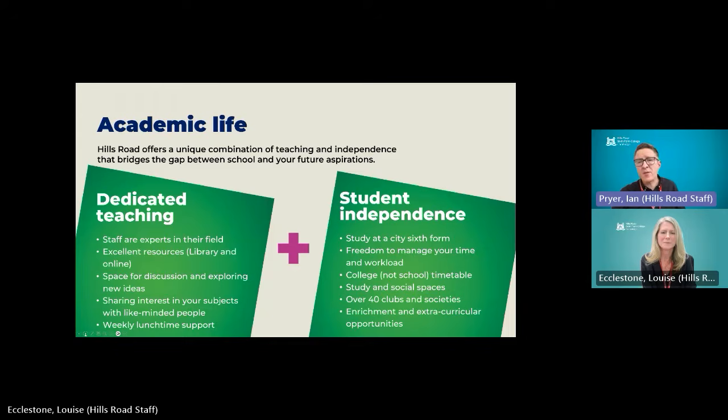I mentioned the study spaces. There are also social spaces. We've got a refurbished cafe and our hub area down in the lower floor of the main building. They're really lovely spaces for students to get together, socialise, grab a bite to eat, grab a coffee, with Wi-Fi running all through the college so that students can work on laptops, tablets, check their phones, and study in a variety of different environments. Loads and loads of clubs and societies as well, many run by students who've got particular interests,